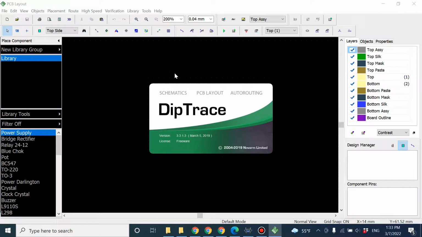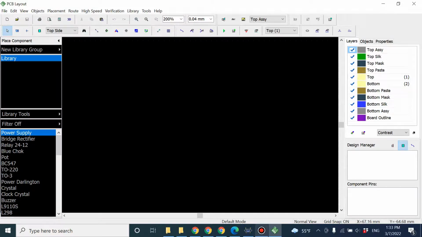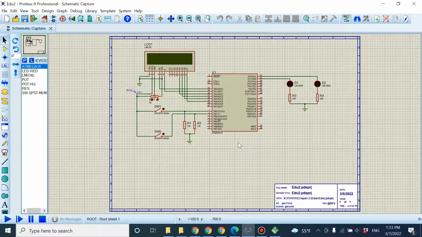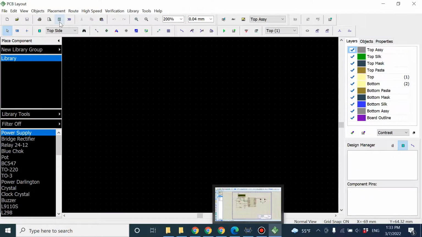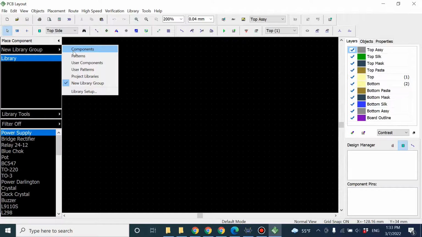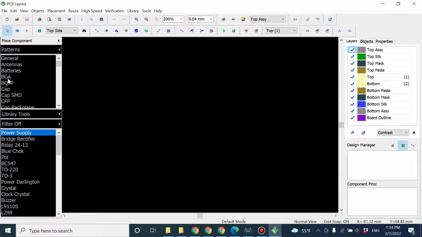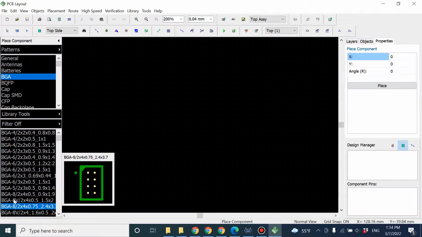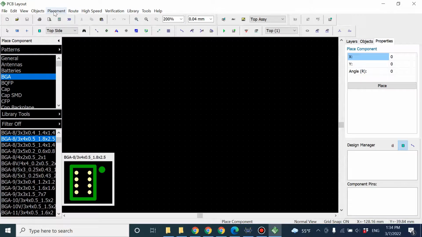So let's go and design a PCB. I'm going to design my last system from the last video on a PCB. So let's see how it works. In here you can find the pattern or the components. Pattern means the package of each component. For example, BGA, you can find all kinds of BGA,